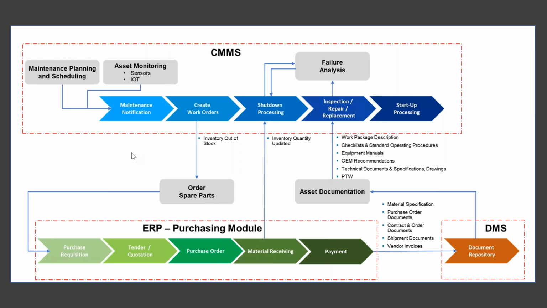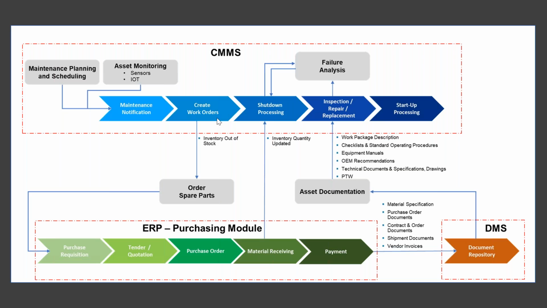So when it's time for your asset to go for its weekly, monthly, or even quarterly maintenance, with an AIM solution, it will trigger a maintenance notification based on how you set up your asset monitoring trigger, whether it's from your date, time, sensors, etc. So once the maintenance has been triggered in the CMMS, of course, the next step is to create a work order, where prior to having the asset marked offline, you are required to check the inventory to see if the spare part is available or not. Should the inventory be out of stock, you will need to order the spare part.